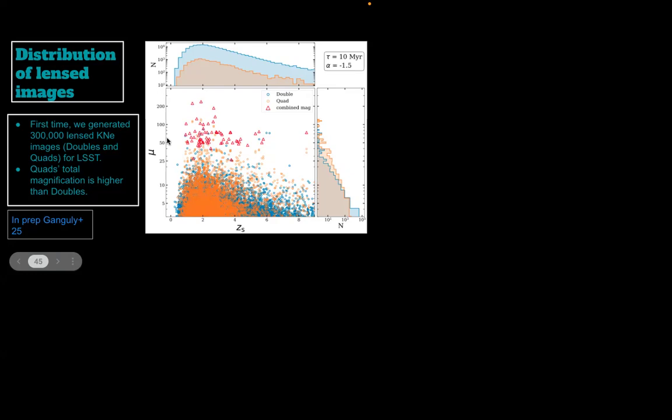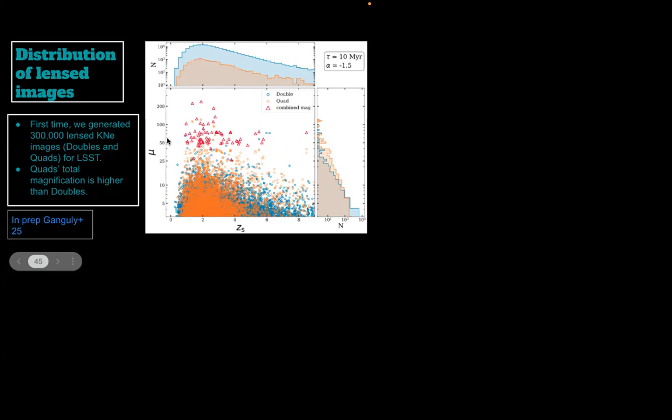And here you can see this orange circle, these are for double images. If two images are formed from a single source, we call it a double. If four images are formed, we call it a quad. This happens due to the orientation of the lens and source. If we look for sources where the magnification is very high, it has been shown that in a high magnification sample, these images are very close to each other.